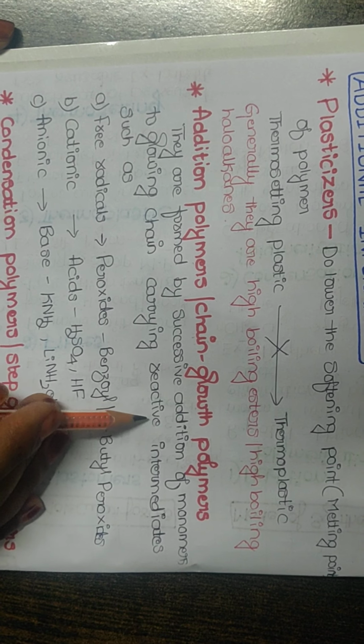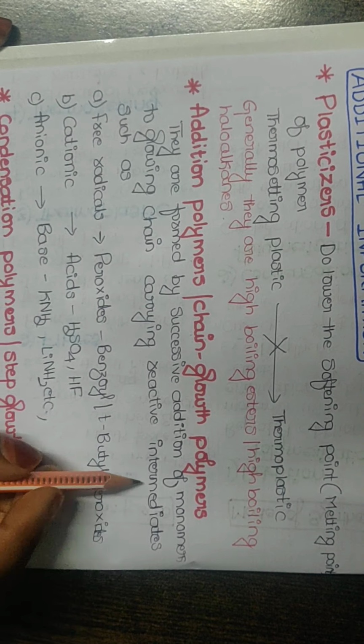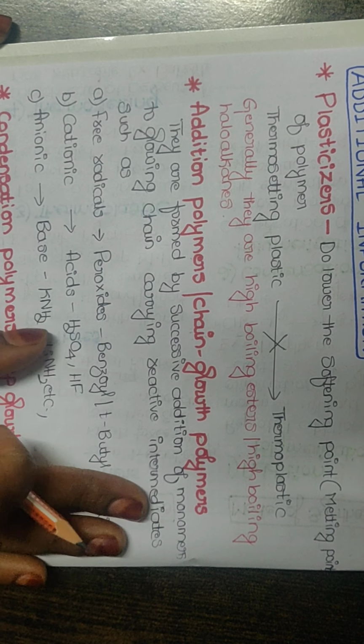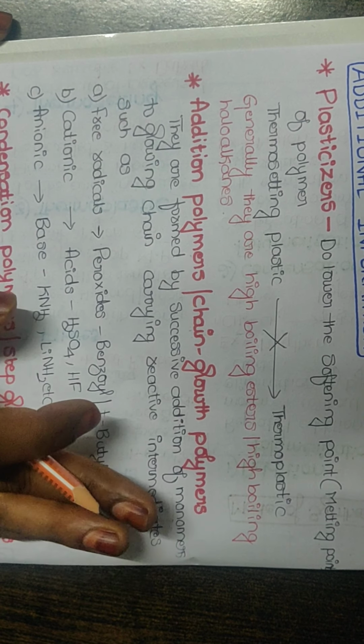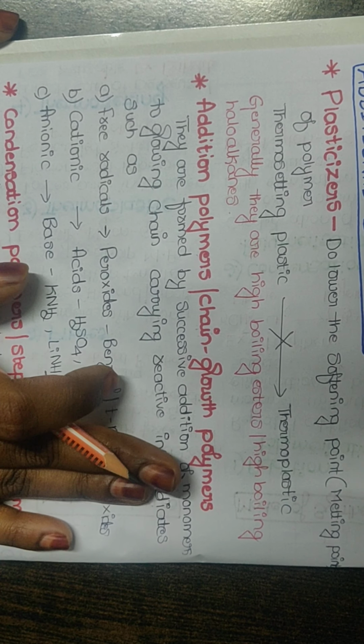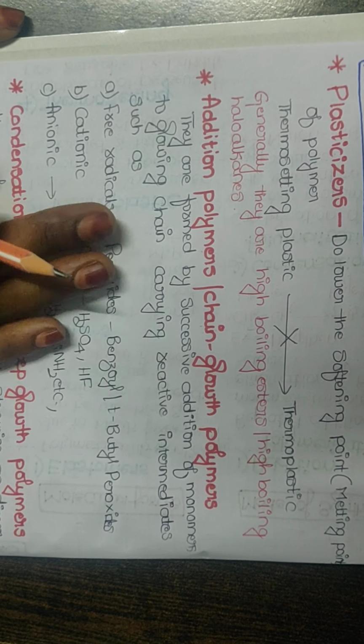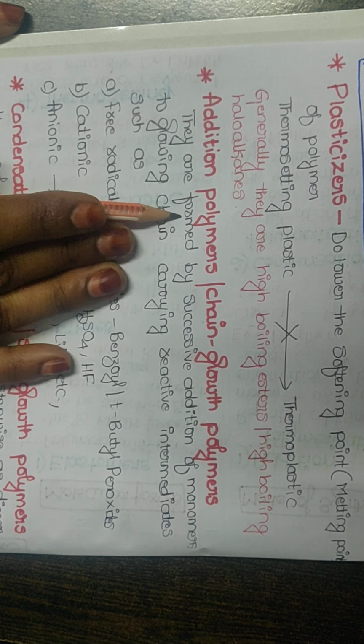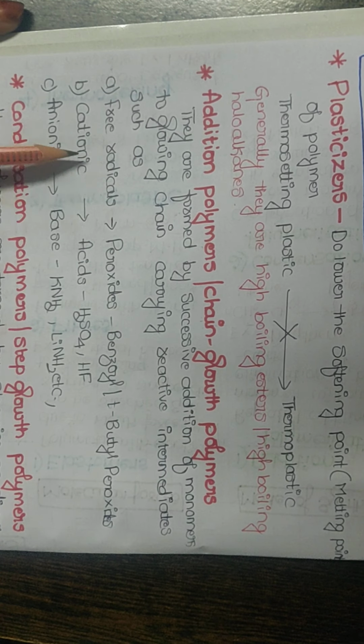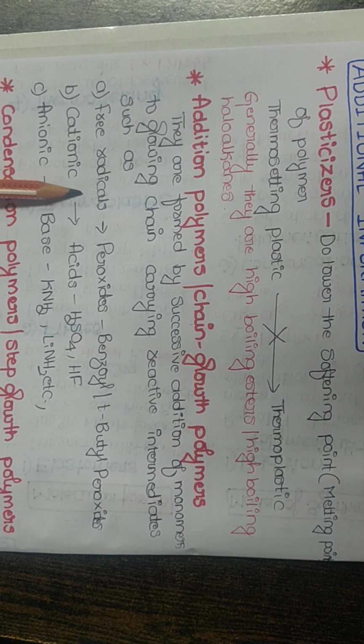I hope you know that in your first year you have studied what intermediates are. We have three types of intermediates: free radicals, carbocations, carbanions. So here also we can expect addition polymerization with free radicals as an intermediate, which you have studied in